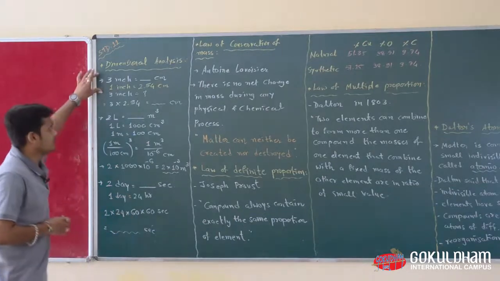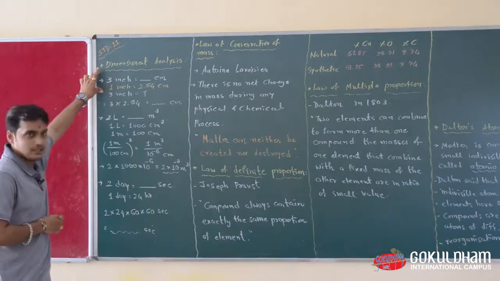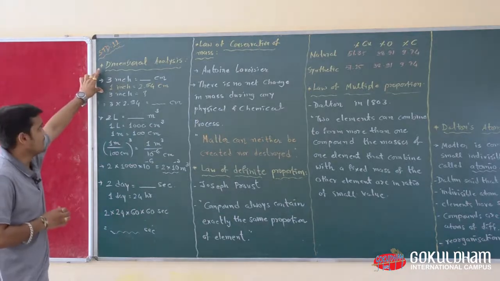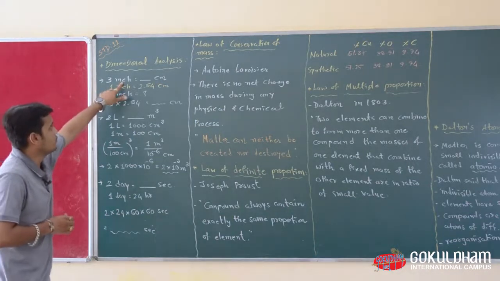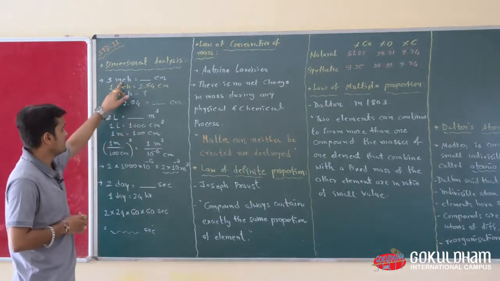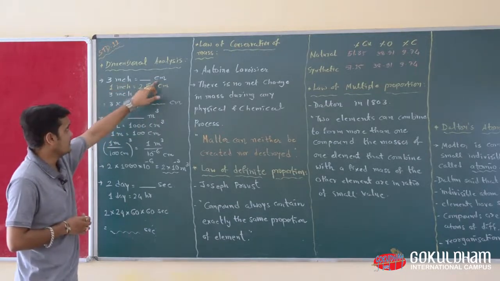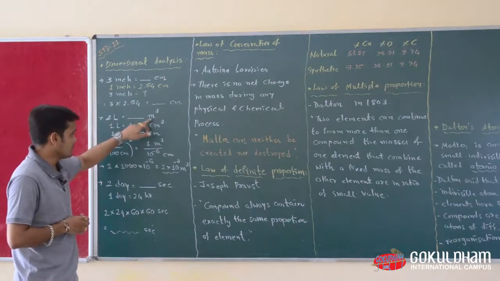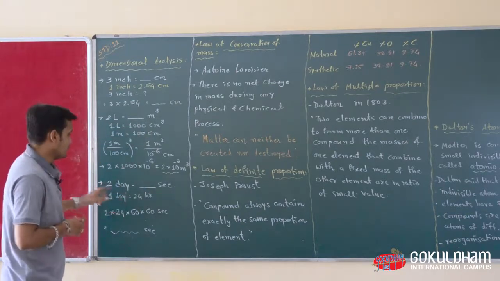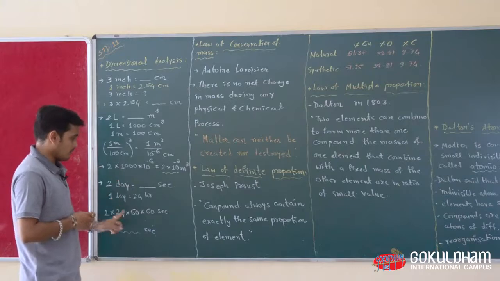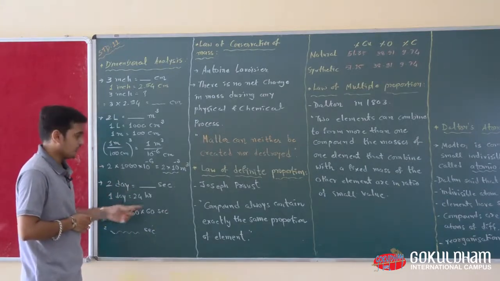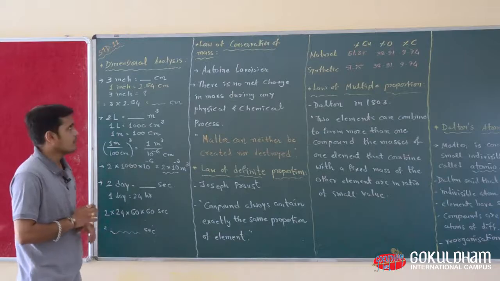This is the basic information about dimensional analysis or the unit factor method. In this method, you convert one unit to another unit. In all three examples, this is inch to centimeter, liter to meter cube, and day to second. You can convert from minute also, you can convert from hour also into seconds.